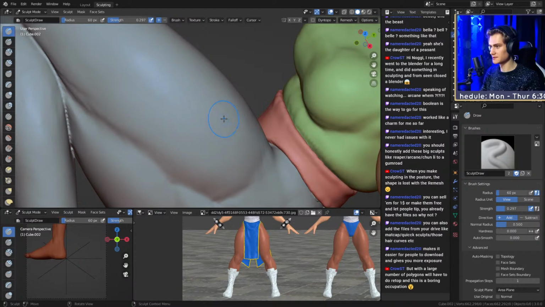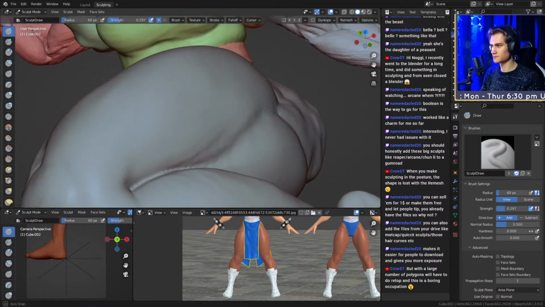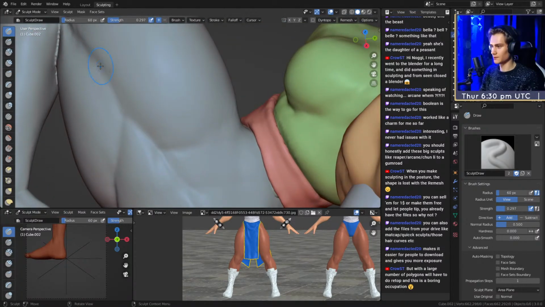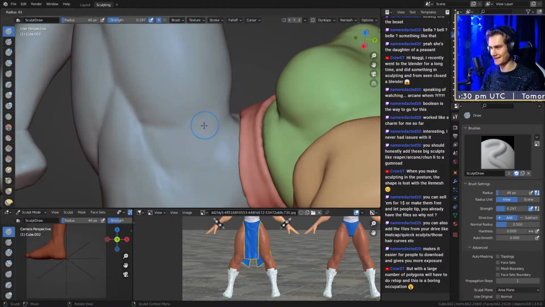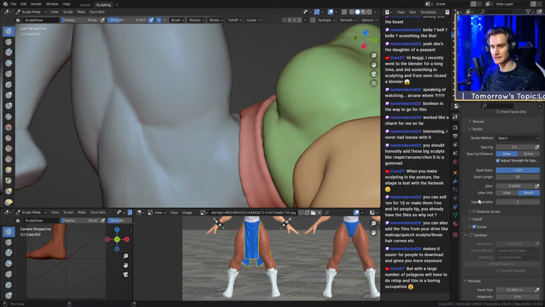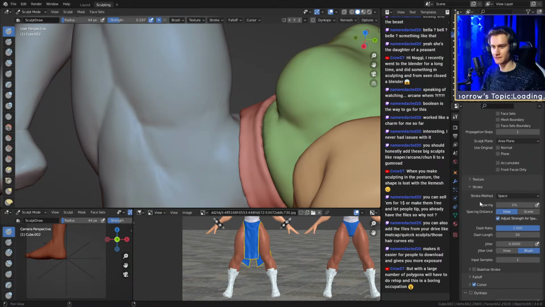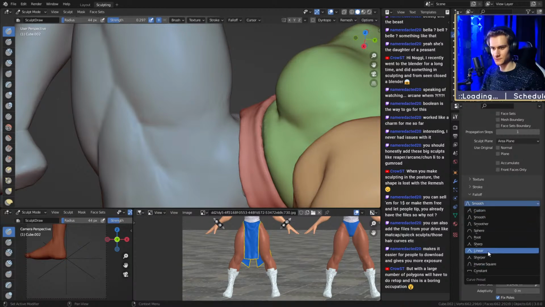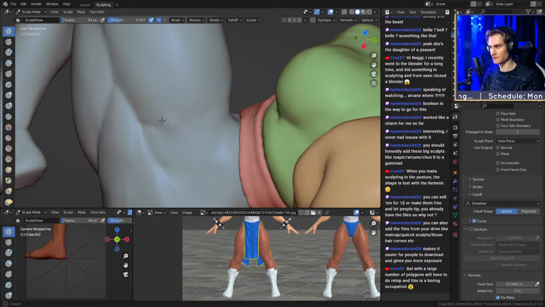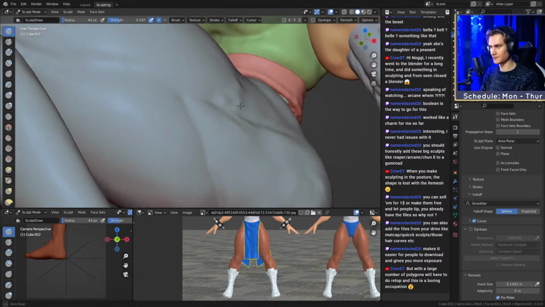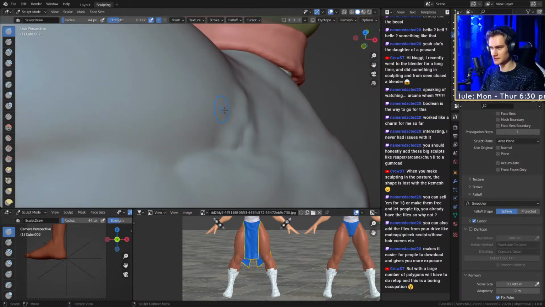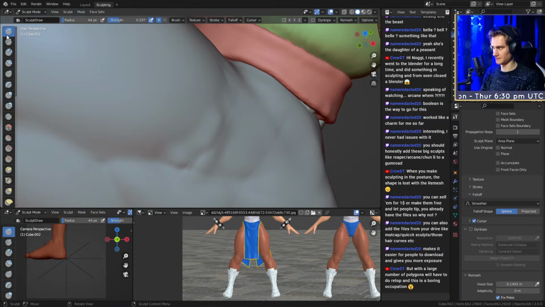So I might still use the sculpt draw brush. I want to try it just to see what it feels like. The one thing that I don't like necessarily about it is how high it is, and the falloff is kind of weird. So smooth. What about smoother? That's better. But one thing that I noticed with the sculpt draw brush is